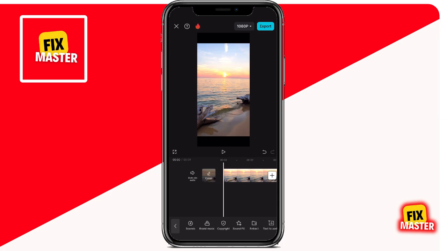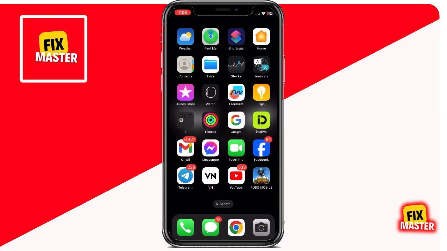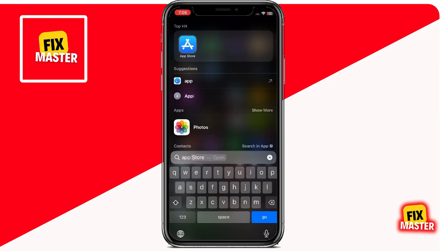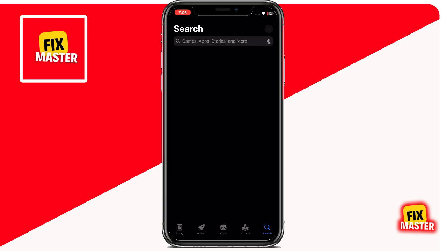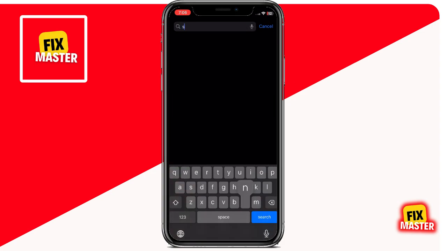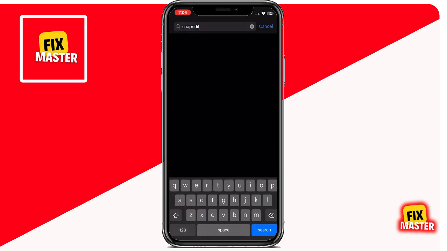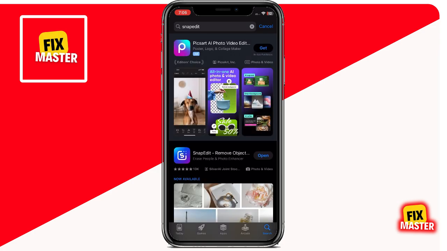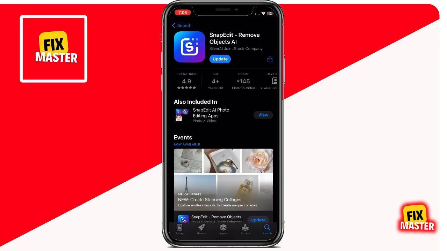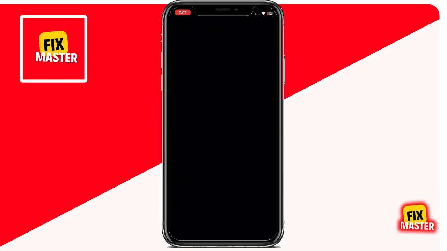Now, we need to remove the objects from our screenshot. For this, we're going to use an app called Snap Edit. Go to the App Store and search for Snap Edit. Once you find it, install the app. After installing Snap Edit, open the app